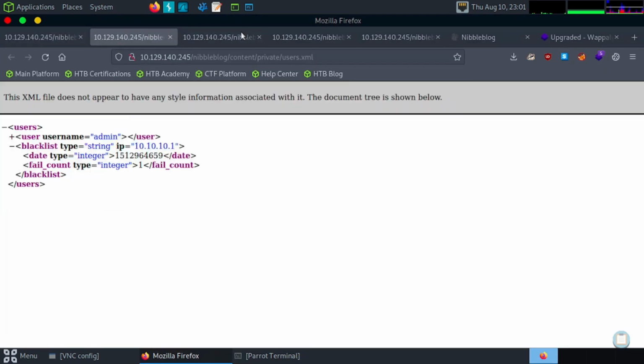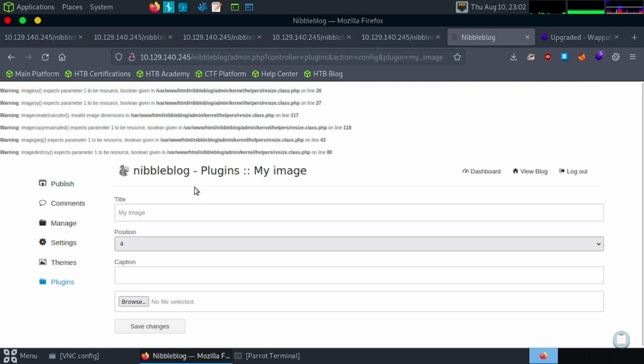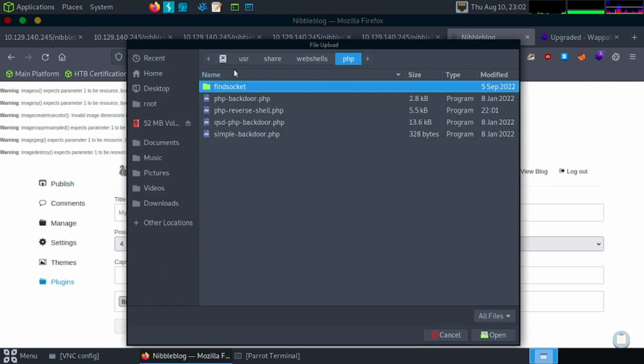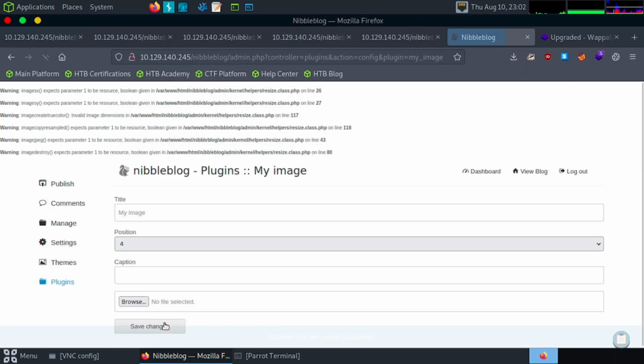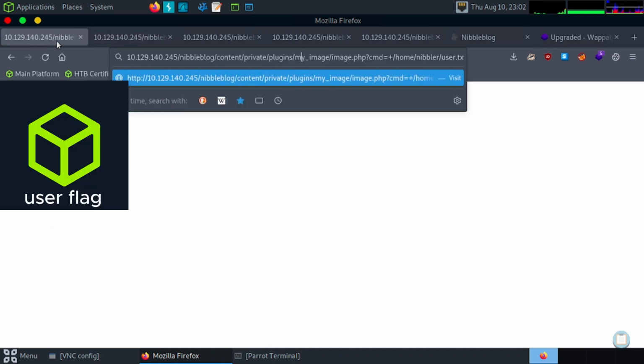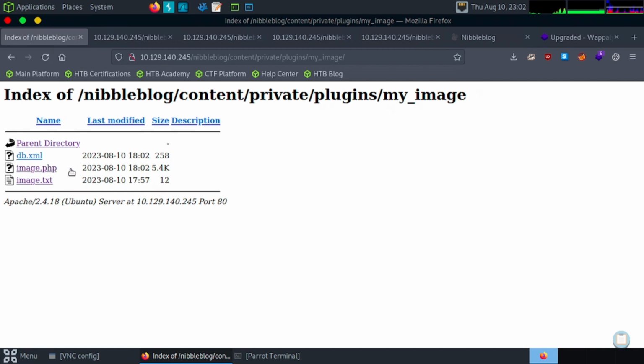Here we go. Back to our login. There we go. Our upload page. So it's our reverse shell we just edited, and we save that change. Under this, we can go back to my plugins, my image, and it overwrote the last file, 2302.18. So we'll hit this,